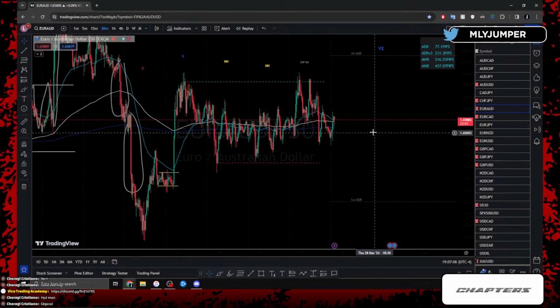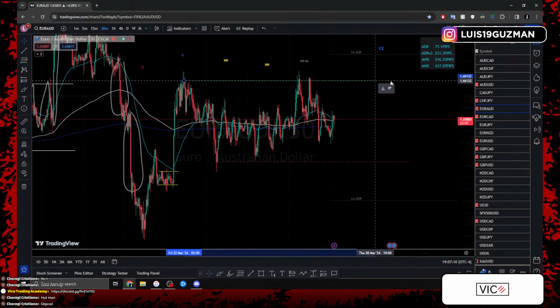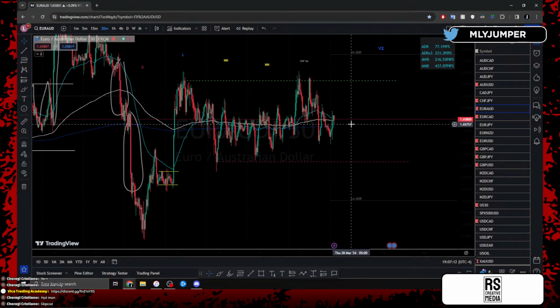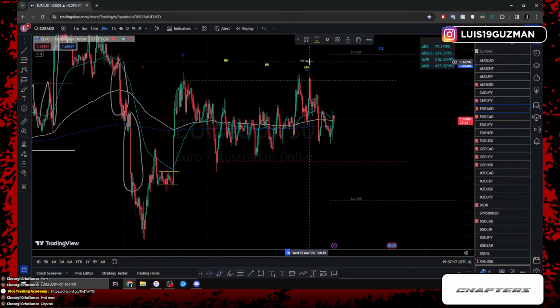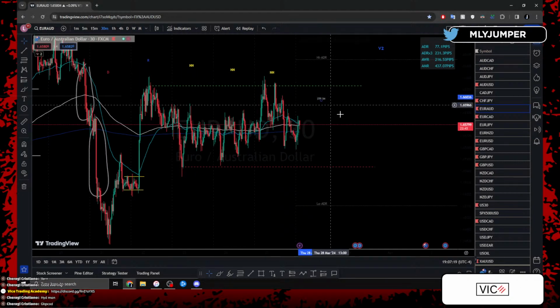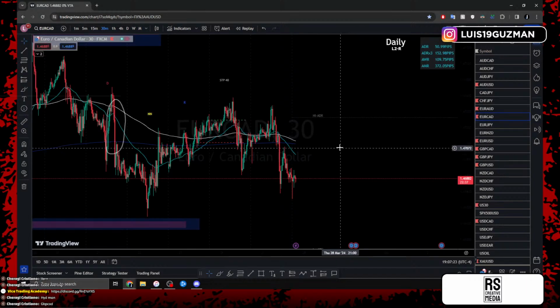EA, we're still in the same spot, right? Still consolidating between the same low and the same high. The highs haven't been broken, lows haven't been broken, right? We're still in the no net area. Price is just still choppy, right? Still moving sideways. So EA with the same analysis from the last 3 days. Nothing has changed on EA.